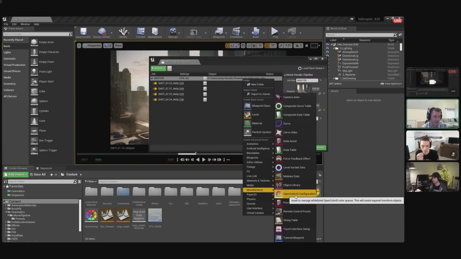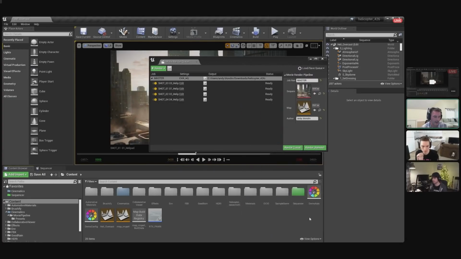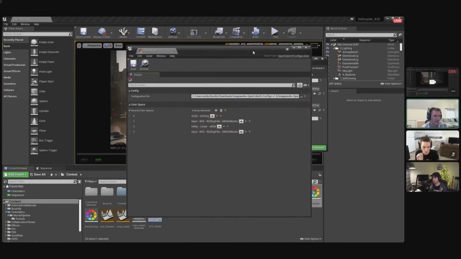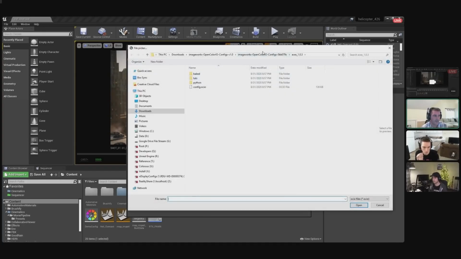You'll have an OpenColorIO configuration, and I've gone ahead and created a couple of those, and there were some questions on ACES and others. So I've downloaded an OCIO config already from the website, which I saw was posted there in chat. But you can see OCIO comes with a bunch of configurations, which ACES is one of those. So if I go all the way back out and I go in, you'll see that there's ACES, several versions of ACES, but ACES 1.3 here I'll select, and you want to select the config, OCIO config,